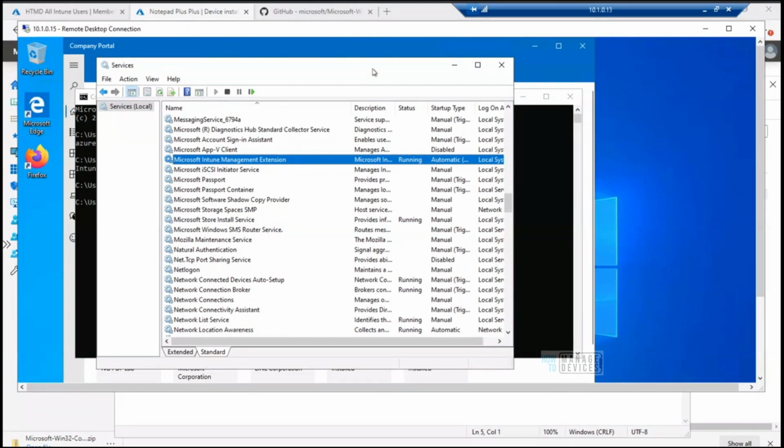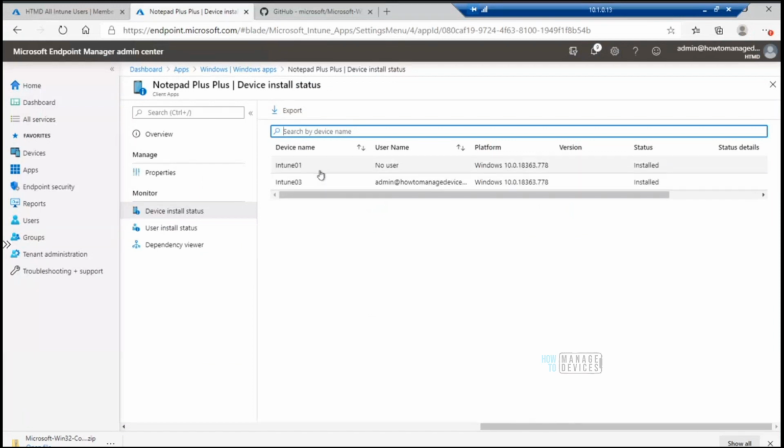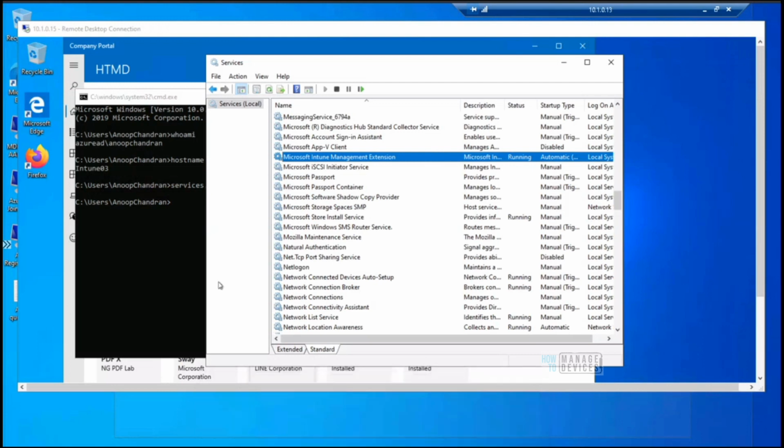Okay, so this is Win32, right? We deployed a particular Win32 application, and it shows it got deployed onto Intune 03. So I'm opening Intune Win03. This is that system.